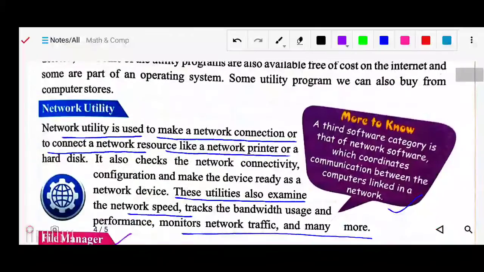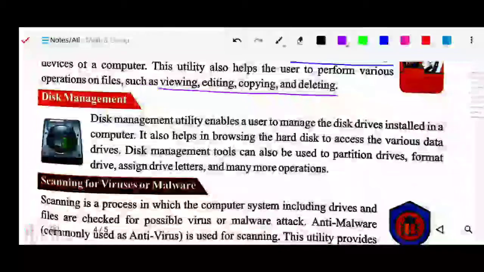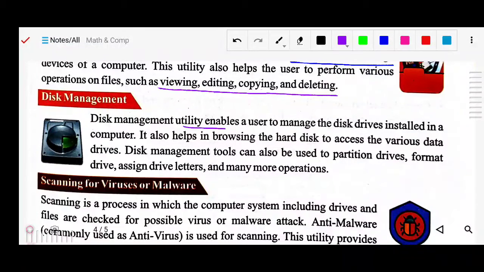Okay, so this is your disk management utility. It enables a user to manage the disk drives installed in a computer. It also helps in browsing the hard disk and accessing the various data drives. Disk management tools can also be used to partition the drive, format the drive, and assign letters. As you have seen, in your computer there are C drive, D drive.